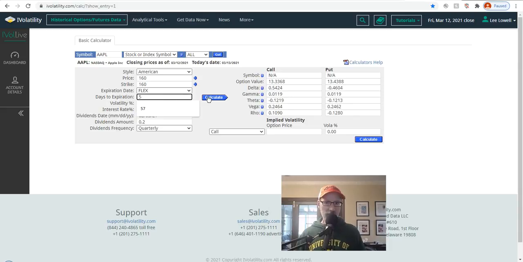Now there's only 5 days left, and we hit calculate. Now the option's only worth $3. You could have sold it for $13 per contract, but now you're waiting till expiration because you thought Apple would keep going up. Now it's only worth $3. So you just gave away $10 worth of unrealized gains. So the time to expiration is a huge deal. When you're a buyer of options, you want the stock to move very quickly in your favor. Otherwise, if it doesn't, the option value starts to waste away, and you won't get as much bang for your buck anymore. So if we go back to the option chain